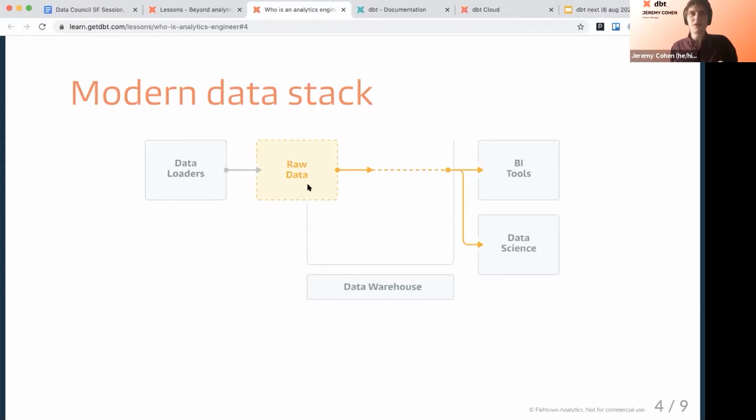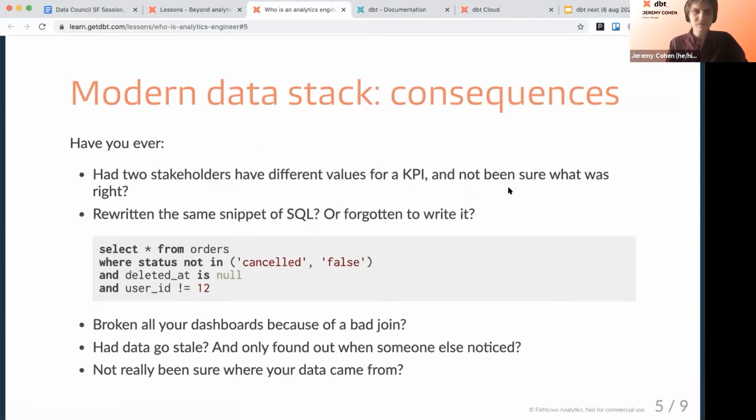So it is not structured in such a way that may make sense to the business. It is structured in a way that makes sense to Stripe's API engineers or Zendesk's API engineers or Stitch and Fivetran writing the ingest for those. If we just directly plug that into downstream use cases, to BI, to reporting, to whatever our ML engineers get to work on every day, there are going to be some problems.